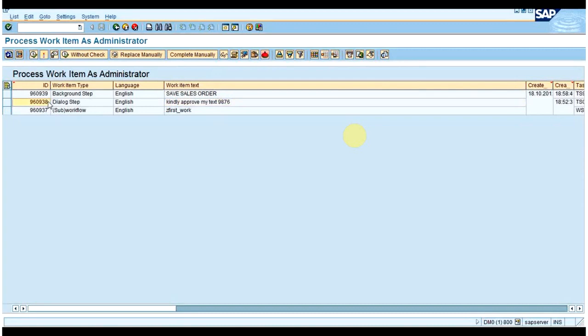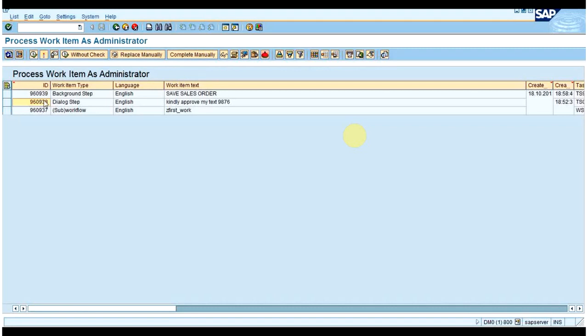This ready and in process I can show you just now. You can see the first work item ID, the status box is completely white. It means it is in ready state. The second one is in process. You can see half blue and half white. It means you have just viewed the work item, but you haven't taken the action. That's the reason it is in process state. And completed will complete the work item whenever we take any action on it.